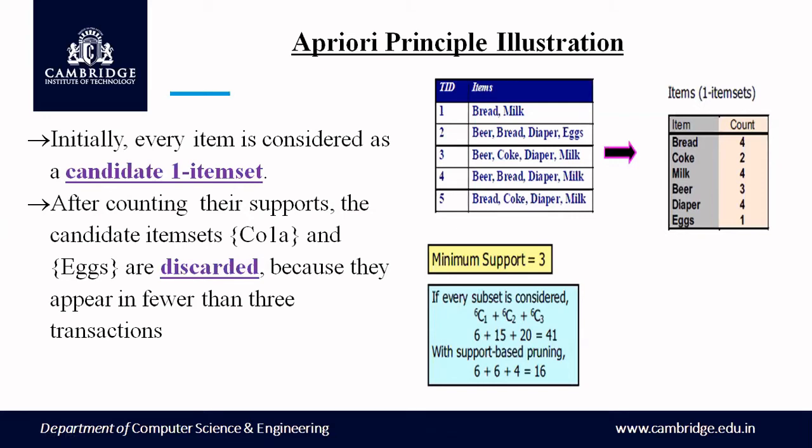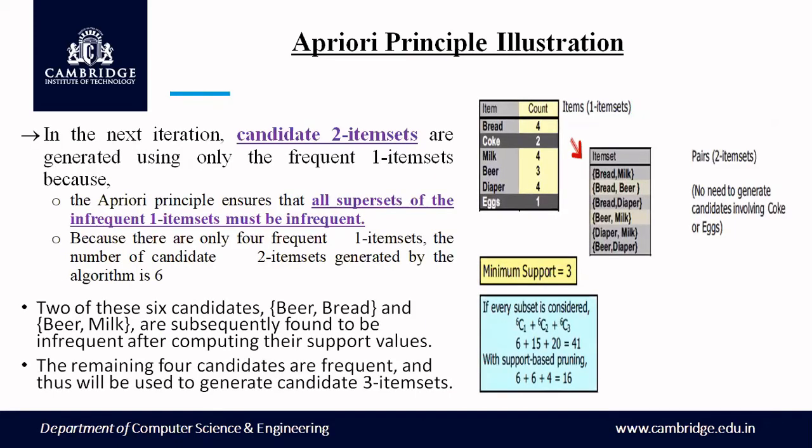But with support based pruning, it has pretty much reduced to 16. Yes. So in the next iteration, we got to know that 2 items have been removed. They have been pruned, that is nothing but coke or egg. So any combination with respect to coke or eggs need not be considered. So we are just going to move to create candidate 2 item set, which are going to involve only bread,